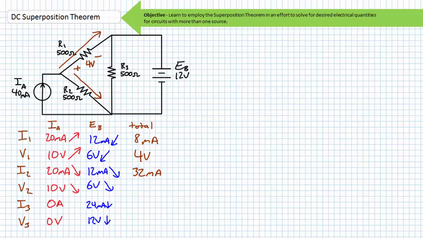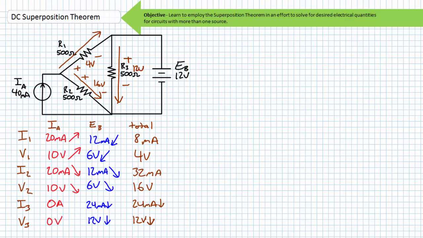Current through resistor 2 induced by both sources is additive in that both sources compel conventional current to travel northwest to southeast. I2 is therefore 32 mA. V2 will also have additive voltage polarity in that there will be a 16-volt drop northwest to southeast. Given that source IA induces no current through or voltage drop across R3, it can be stated that the values obtained from analysis of the EB source dictate R3's behavior, where 24 mA of current travels downwards and R3 experiences